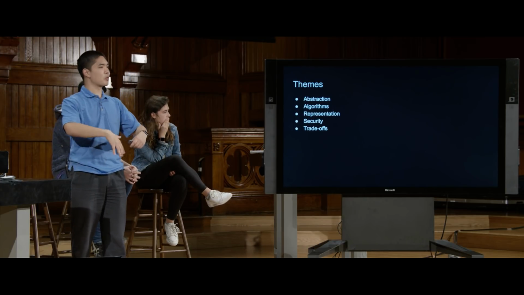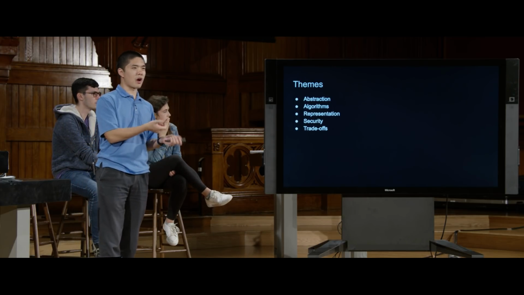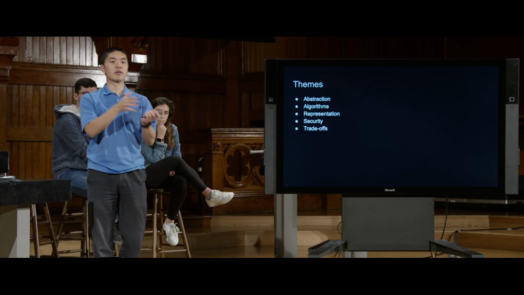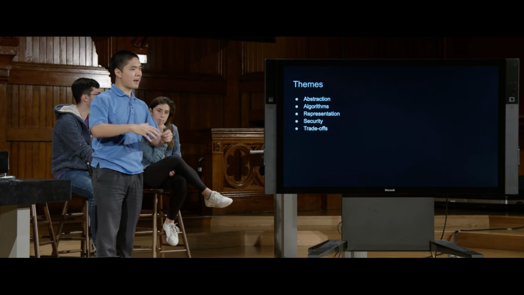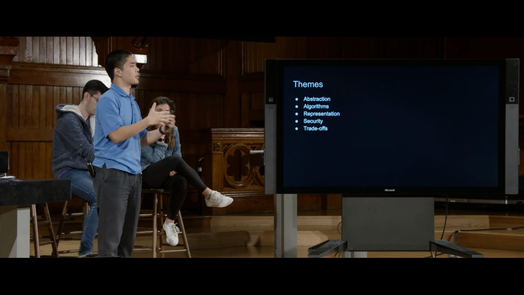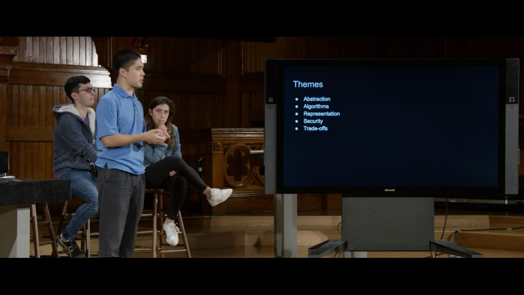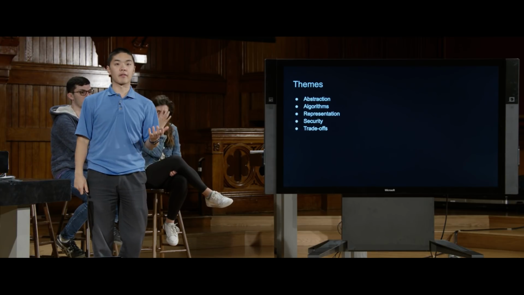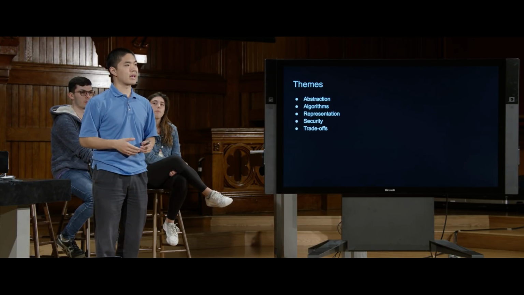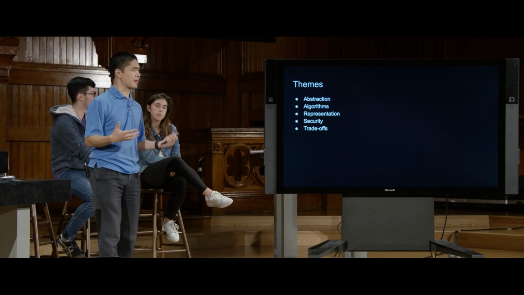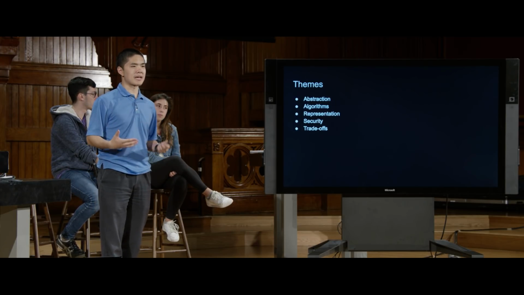The idea that anytime we get something in computer science, it often comes at a cost, that an algorithm that might be faster might come at the cost of using more memory, or an algorithm that might allow for certain operations might come at the cost of being a little bit slower. And so always thinking about, with any of the decisions that we make in computer science, what the trade-offs are. What are you getting for the choice that you're making, and what is the cost of the choice that you're making? And thinking about those trade-offs is another big theme that has come across time and time again